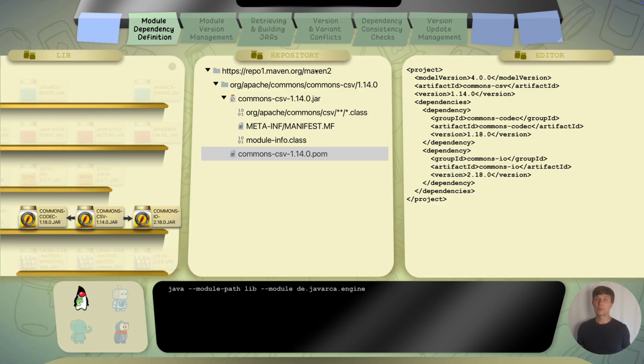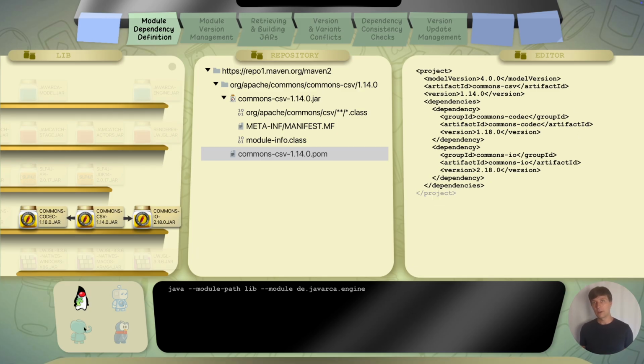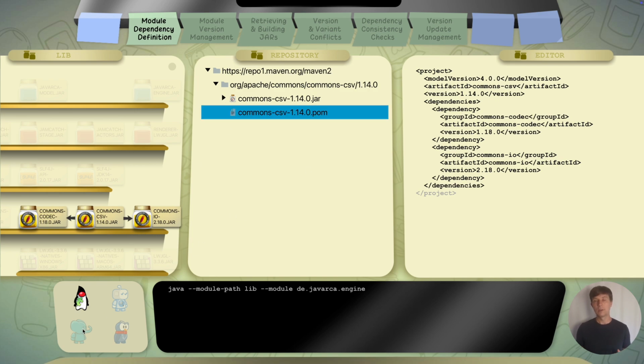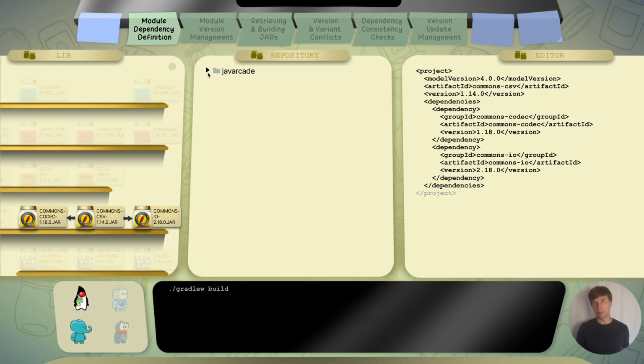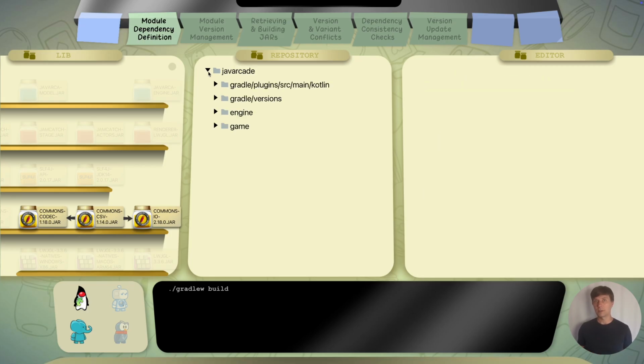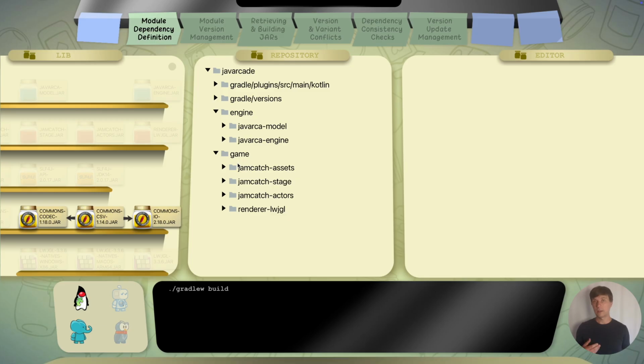I switch this repository view here to no longer show us the Maven Central repository with binary compiled components, but our source repository. This corresponds to the project I have on GitHub. So now we see here a file tree with our source code and our module definitions in it. In my tool here, I can switch between different representations of the module definition. You remember there are the three options: using the module system, using Gradle or using Maven, so that I can show you the different definition styles that are commonly used today.